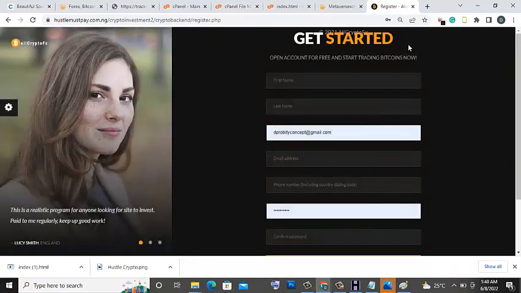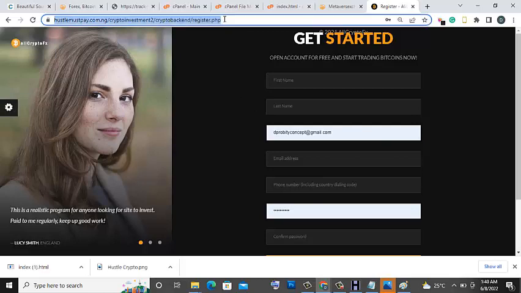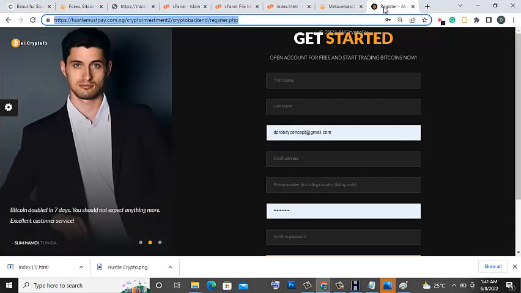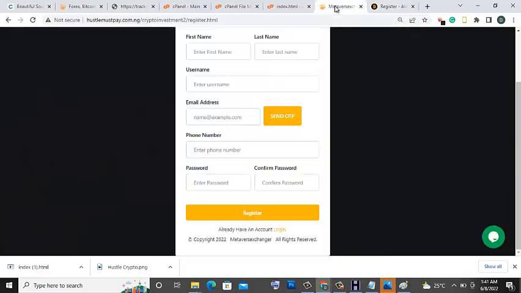This is the button. So look at where it's going to take us. We want to come here, copy this link, register link. Once we copy this register link, we want to come and see something here. I want to show you something. Copy this link. Once you copy this link, if you look at our website, which is hustlemustpay.com/crypto investments,